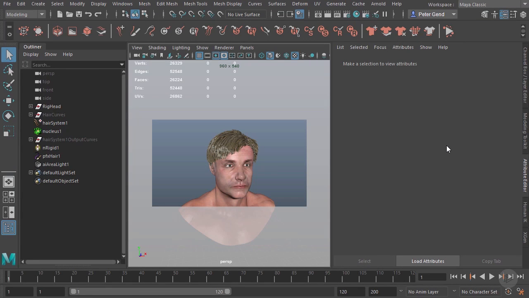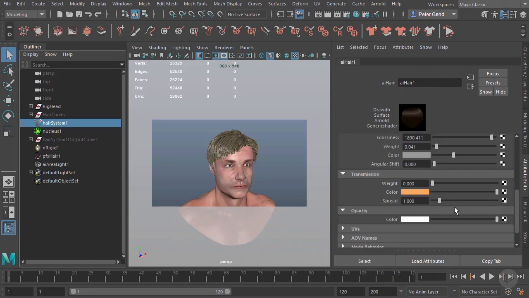To finish off the module, let's go ahead and take a look at the last few settings on the AI hair shader, as well as a few things we can do with our lights and the Arnold render settings. So I'm going to go ahead and jump over to my hair system, jump over to the AI hair shader,